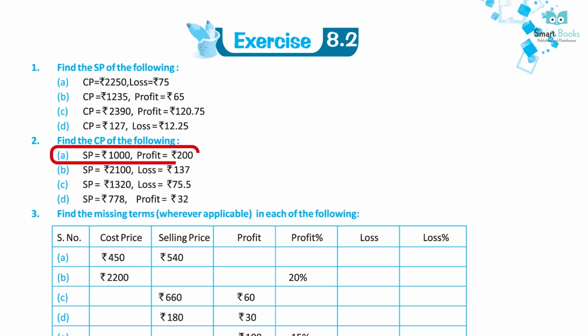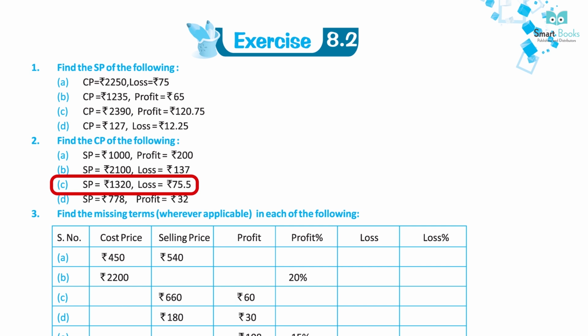A. Selling price is equal to rupees 1,000. Profit is equal to rupees 200. Solution. Rupees 800. B. Selling price is equal to rupees 2,100. Loss is equal to rupees 137. Solution. Rupees 2,237. C. Selling price is equal to rupees